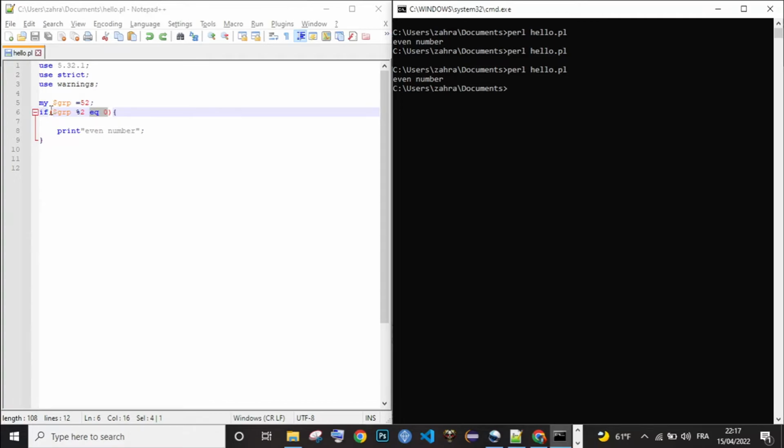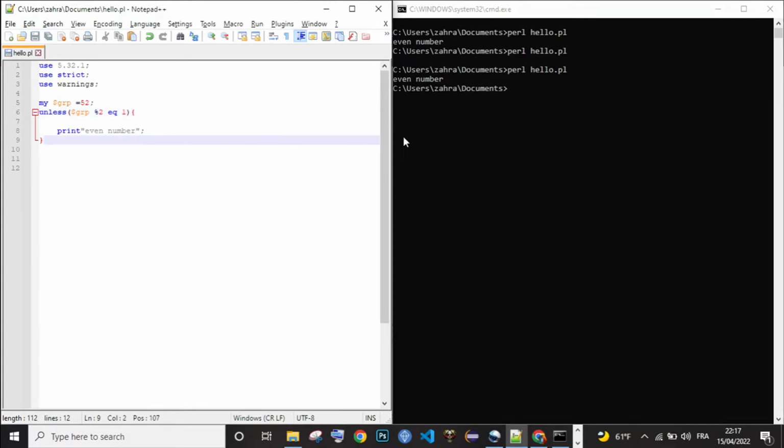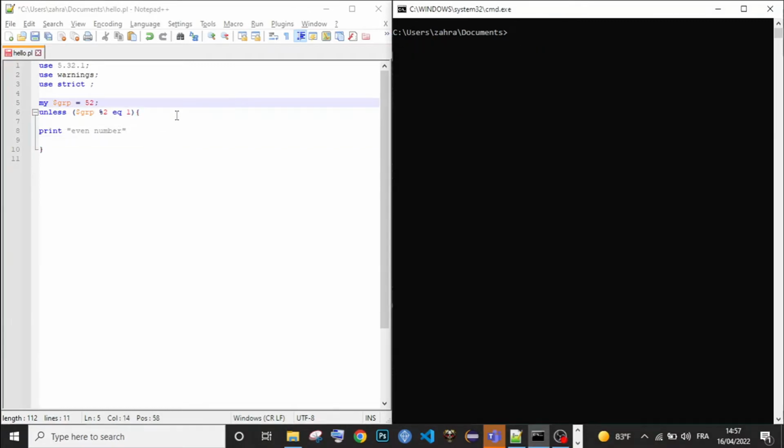I could do unless over here, and let's put the 0 to 1, and it's gonna give me the same thing. Unless group modulus 2 equals to 1, it's gonna be an even number. There is a more dynamic way to write my condition statement, that is by using the condition statement right in front of my print statement.